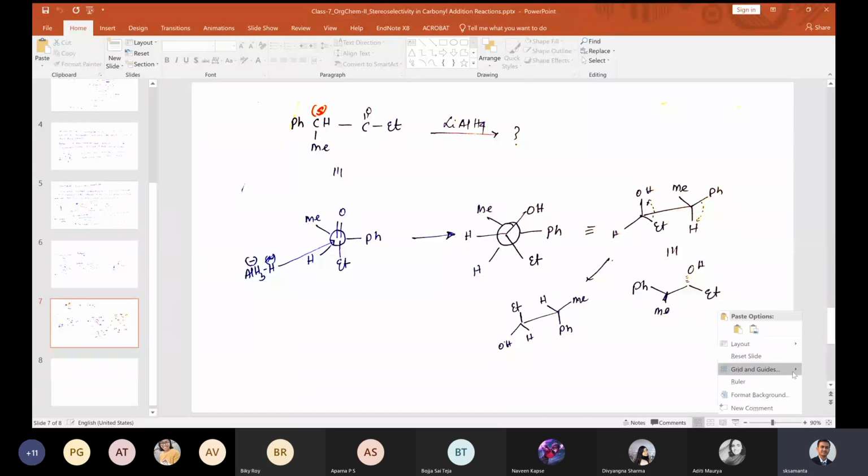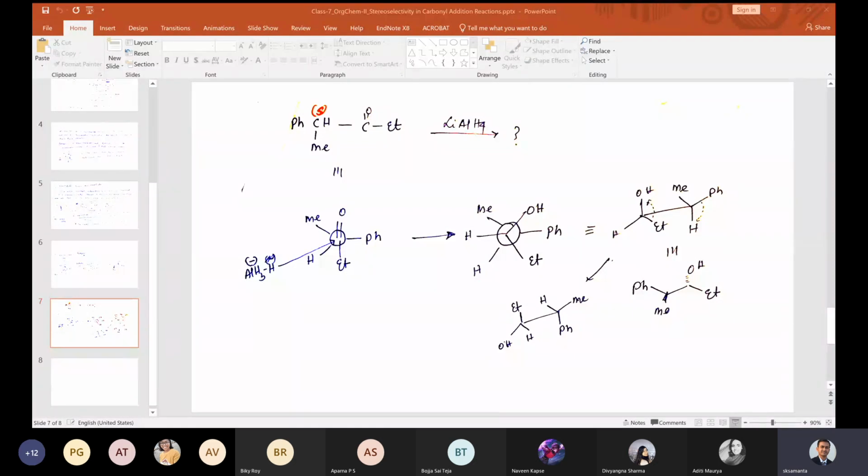Okay, I have to make it the full screen. Yeah, so this is the front carbon in the center. This is A, this is B, this is C. So A, which is in the front, which is above the plane. So that is why this is the A, this is the B, and this is the C. So A to B to C, anti-clockwise. So this is S, which is representing this one. And then your hydrogen is here, which is the smallest atom. That is why your hydride will approach from this direction, which will come this way.